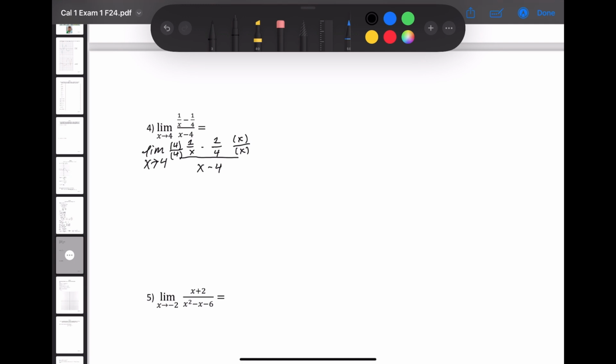Okay, and now we have that. Keep writing your limit. So we're going to have 4 minus x, and then we're going to have 4x all over x minus 4 denominator. Make sure you don't forget it. Let me rewrite this. x minus 4. All right, and now